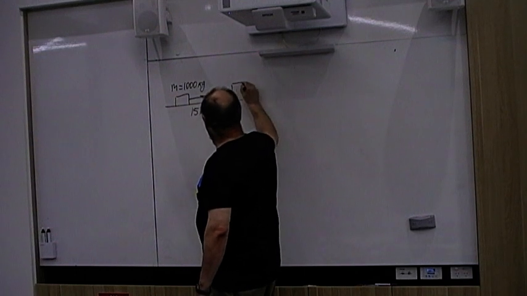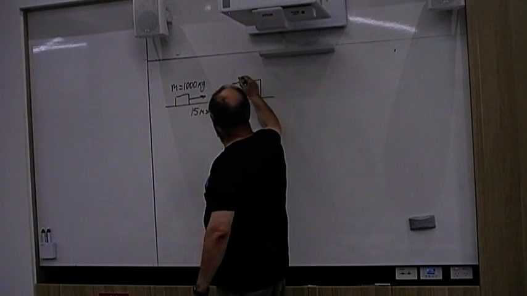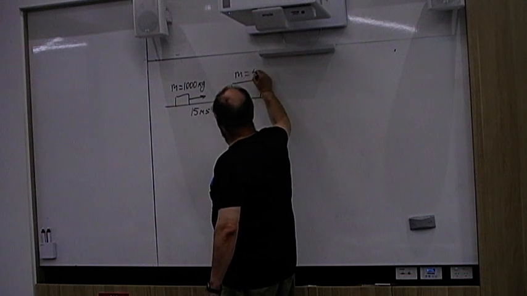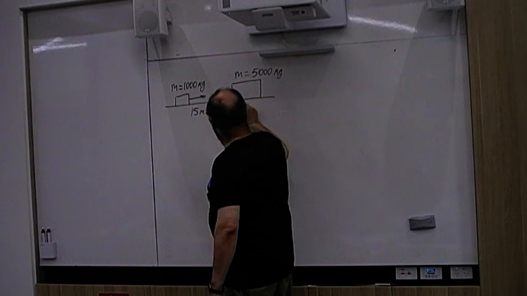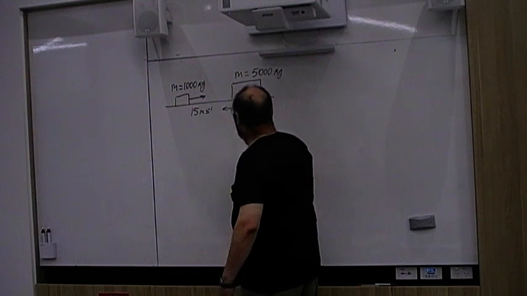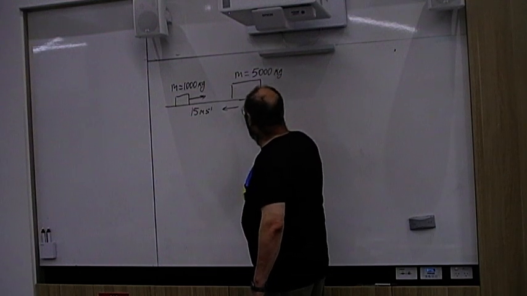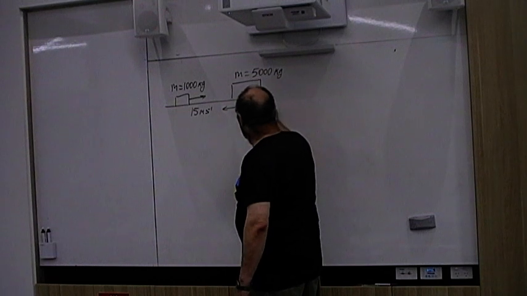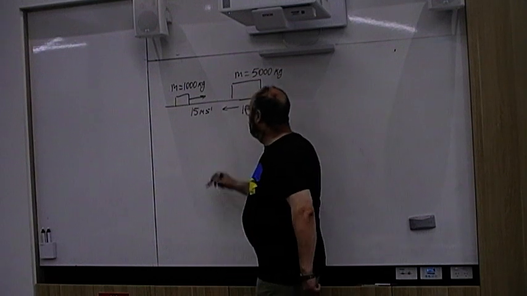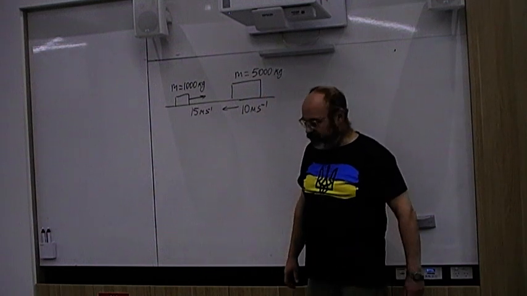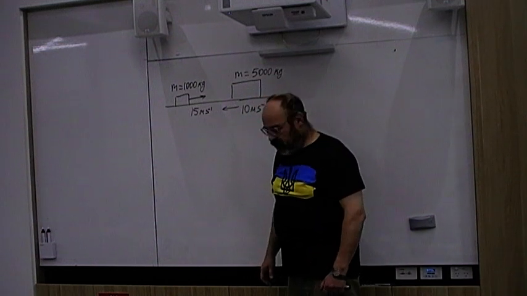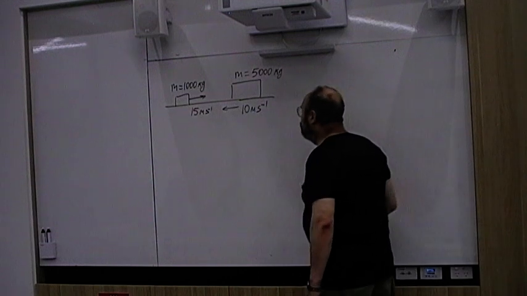And we have a truck with a mass, let's say, 5,000 kilograms, moving this direction with a speed of 10 meters per second. And they collide head on. And solving the